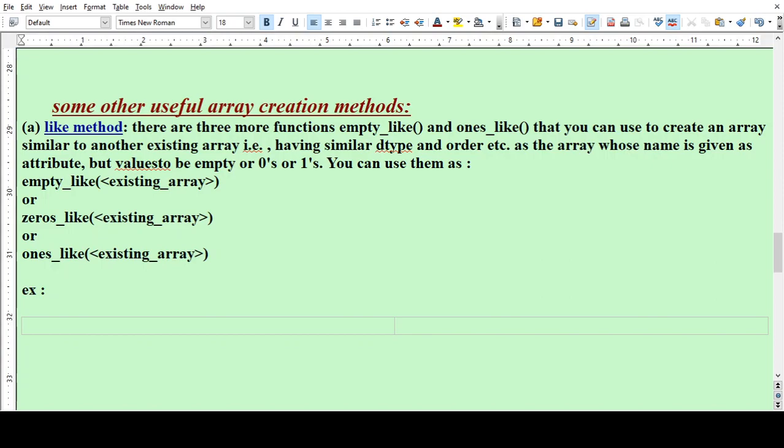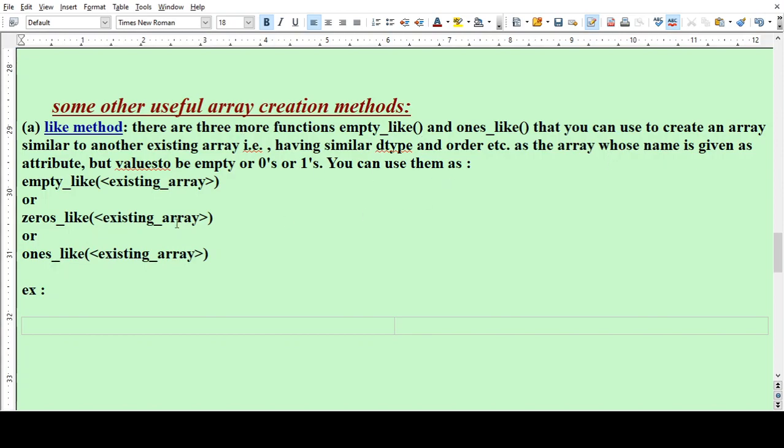Some other useful array creation methods. The like methods. There are three more functions: empty_like, zeros_like and ones_like, that you can use to create an array similar to another existing array, that is, having a similar dtype or data type and order as the array whose name is given as an attribute, but with values being empty or zeros or ones.